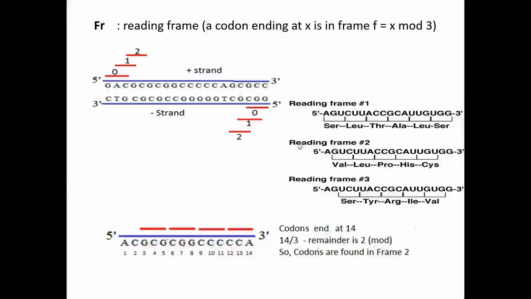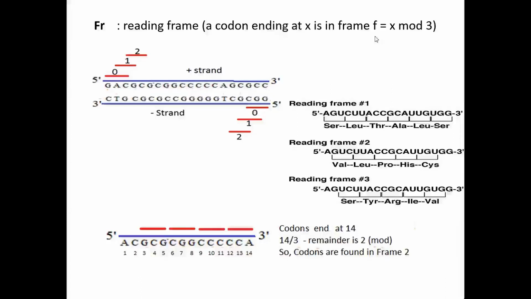An example is given over here. You can see each codon codes for a particular amino acid. So here with the particular sequence, in the first frame you can see the amino acids to which they code. Second frame refers to leaving the first nucleotide, and the rest of the sequence is divided into 3 nucleotides. Third frame refers to leaving the first 2 nucleotides, and then the rest of the sequence is divided into 3 nucleotides. Here an RNA sequence is given, so you see U instead of T.